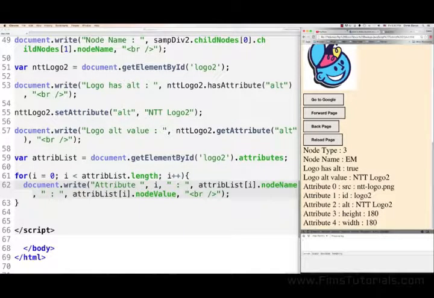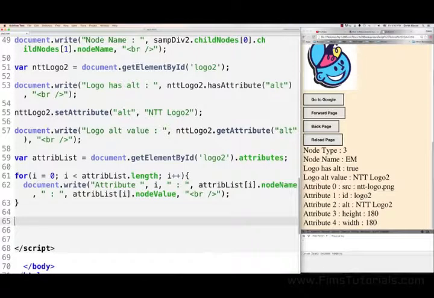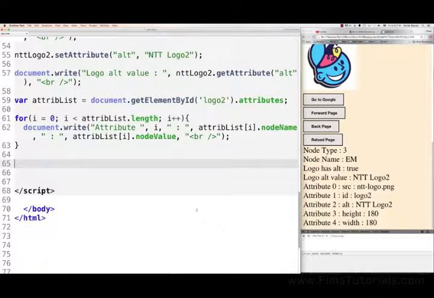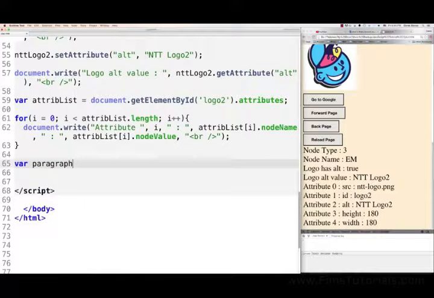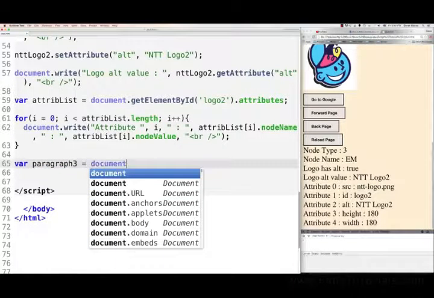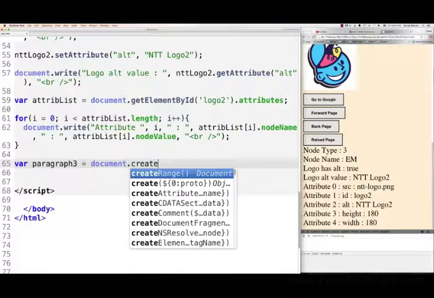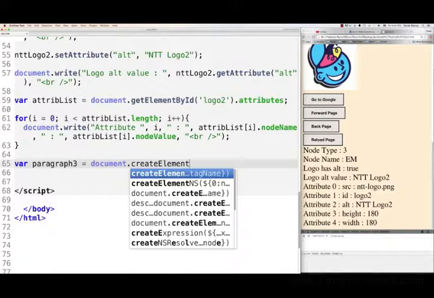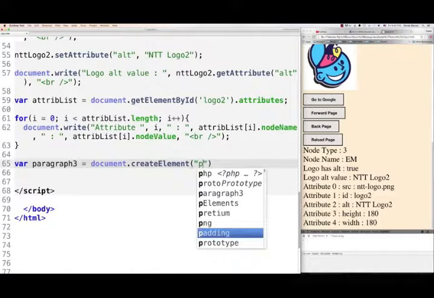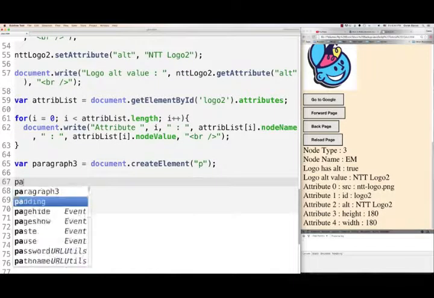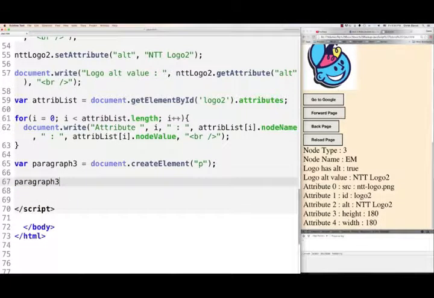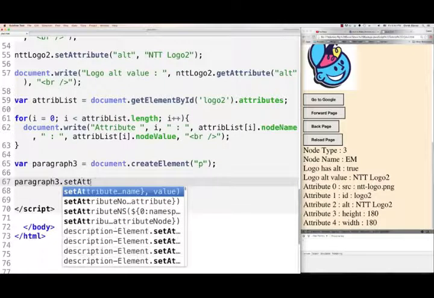So pretty useful stuff. You're also going to be able to come in here and add in different elements into the HTML page. So the very first thing I'm going to do is create a paragraph 3 element, and to do that you just go document create element, and then you're going to tell it what type of element you want to create. Well, I want to create a paragraph element, and that's how easy that is to do. Now we can also, of course, come in here and set attributes on these guys. So let's just go